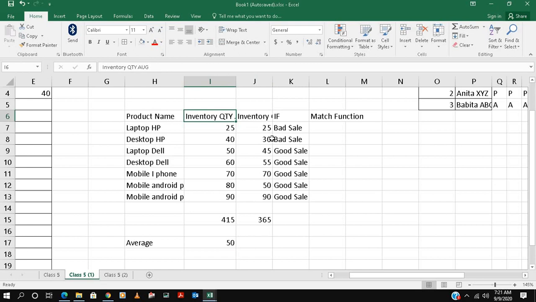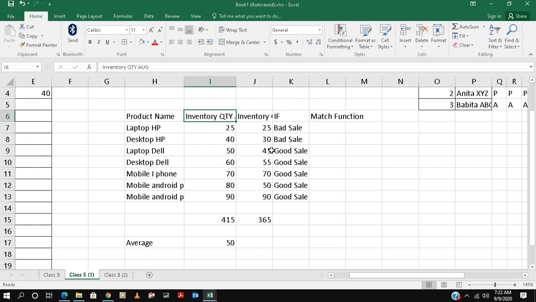Every business has inventories. If suppose 2 pieces sell from that inventory, inventory is now less. Here I put some other figures, like 25, 25, 40, 30. So here is a mismatch, and the match function should tell me the difference. If I have 200, 500, 1000 numbers, you can't identify it, right? So you will use the match function there.